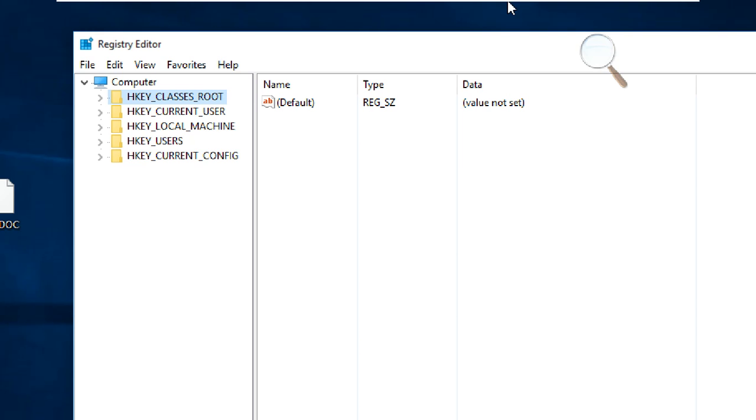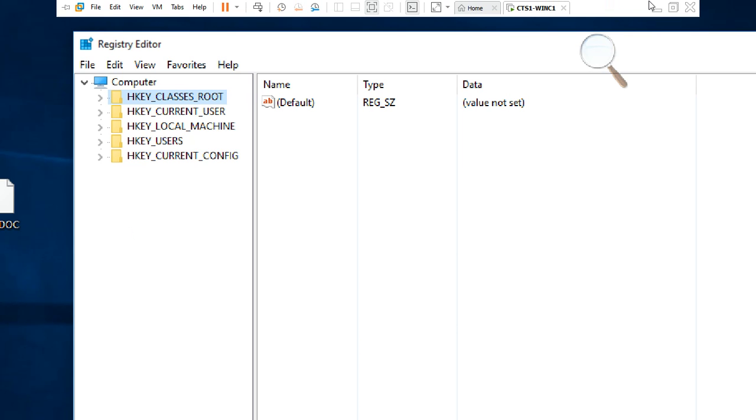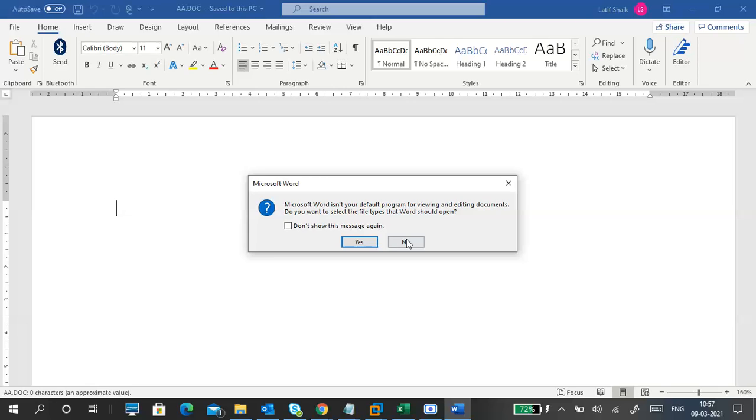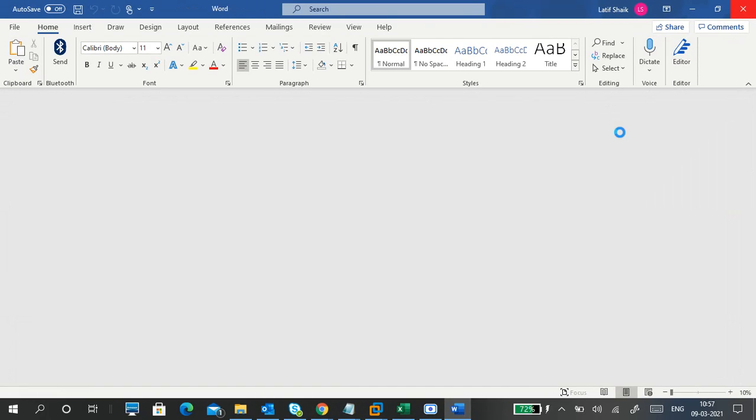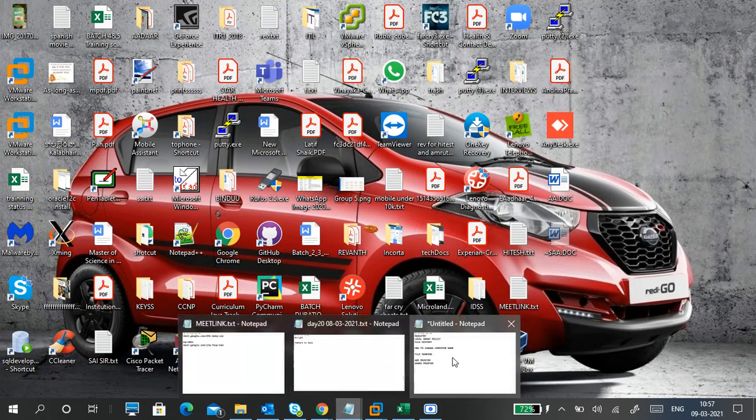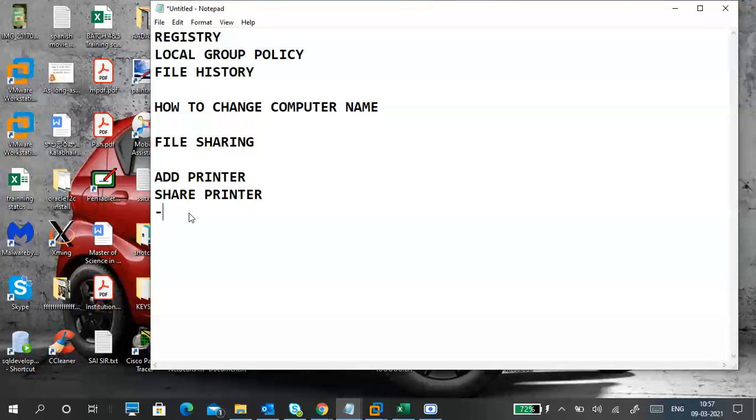So when you install an application... Okay, close this one, we don't require it now. I'm going to the registry now. To open the registry, go to Run and type regedit.